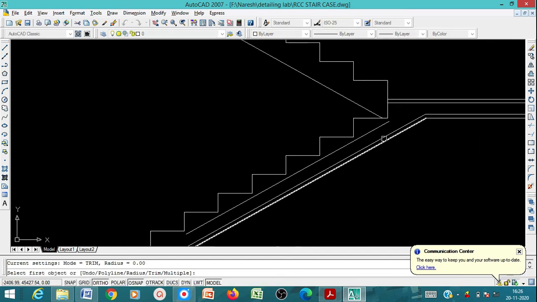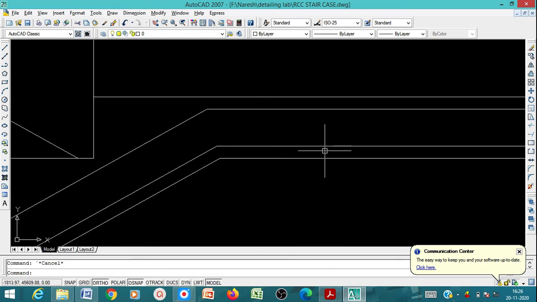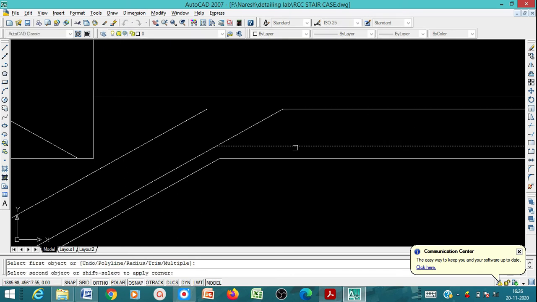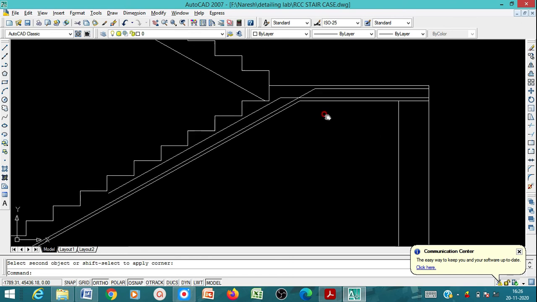Then fillet. Not this way actually, you have to make a correction, this should be here and this should be here, like this. Yes, correct. Now it should be like a scissor joint.